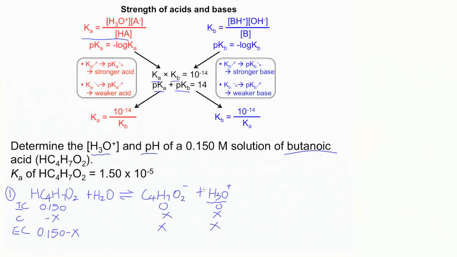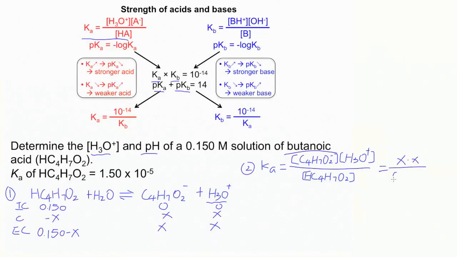Then the second step is to express the equilibrium constant for this weak acid. Second step, so Ka equals the conjugate base concentration times the hydronium concentration over the concentration of this weak acid, HC4H7O2. Now, since we've already expressed the equilibrium concentrations for three species, you just plug them in. X times X over 0.150